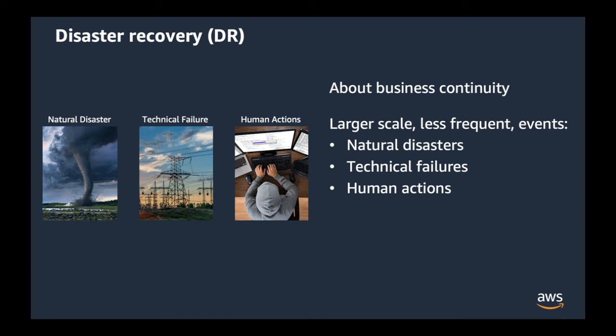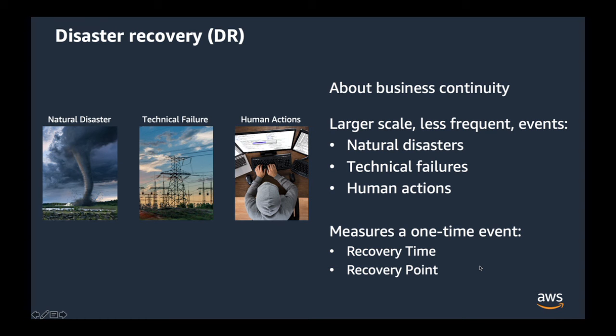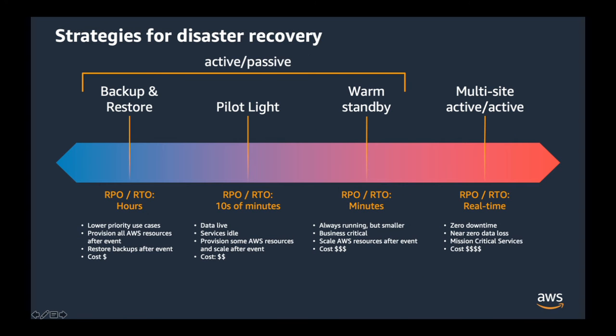However, an attack on production systems might require you to invoke a disaster recovery strategy that fails over to either back up data in another AWS region or another instance of that workload spun up in that secondary region as well. And so we generally measure these rare events by measuring the amount of data loss as a unit of time, as well as how long it takes to become operational again. And these are better known as recovery objectives, and more specifically, recovery time and recovery point objective.